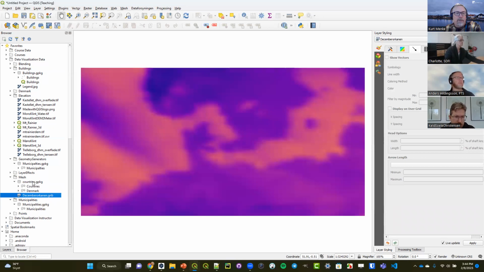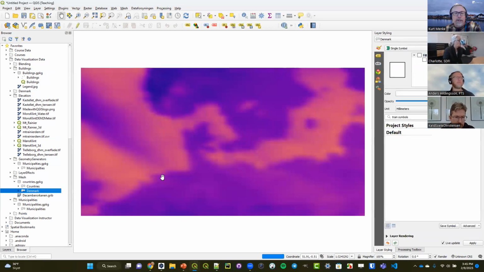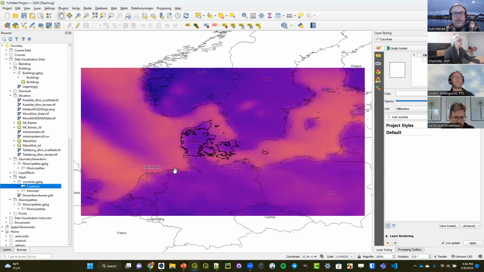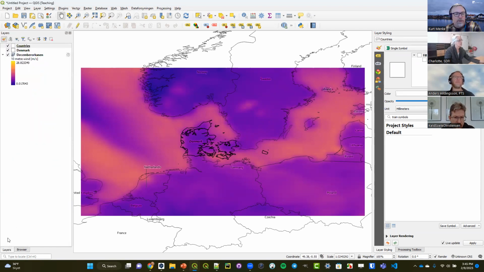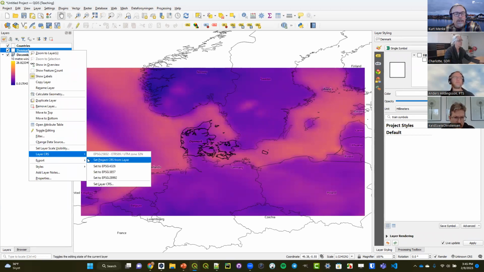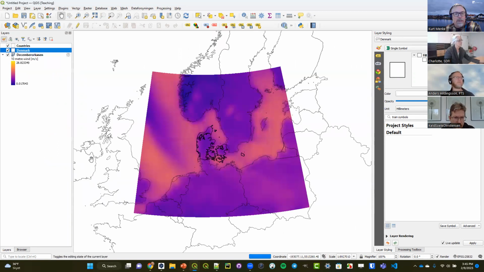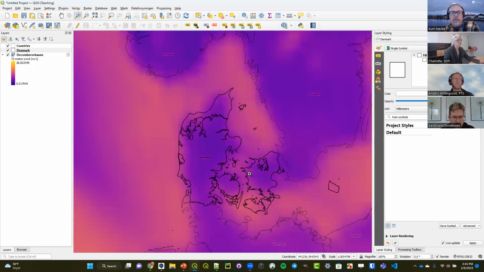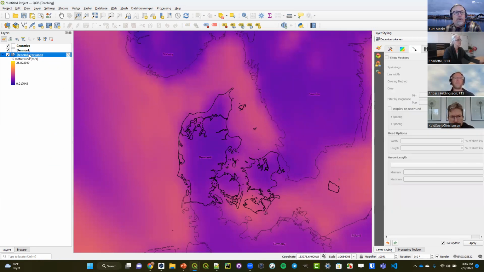And I have a geo package in here with both a pre-styled layer for Denmark and one for surrounding countries. The last thing I want to do is put this into the CRS of these vector layers, so things look a little more like we expect them to. Okay, so we have just hollow outlines for these two vector layers, and the one we're interested in is this